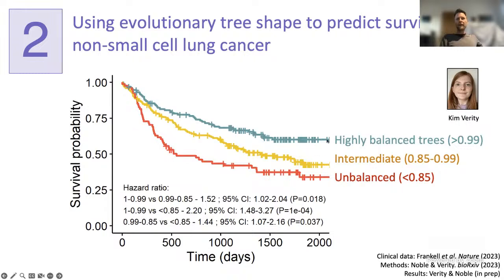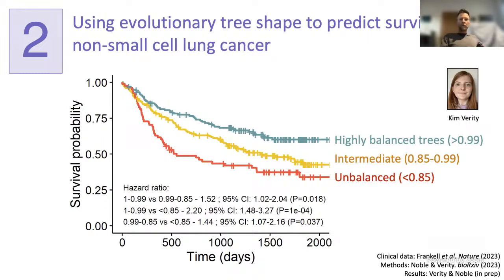So here we see three categories: highly balanced trees, intermediate, and unbalanced, according to the index that we developed independently of this data set. I just want to emphasize that again. We had no ability to fiddle this because we used all the data and an index we developed independently of this data set. And what you see is there really is some predictive power here. And this is true also if you regard this balance index as a continuous variable as well. So it's not just that we cherry picked the three categories here either.